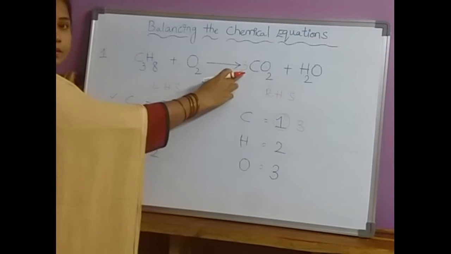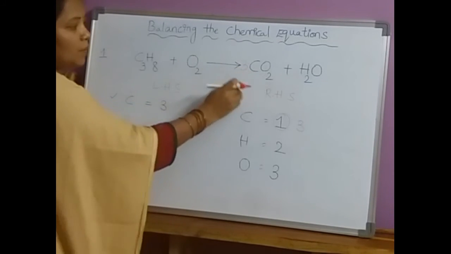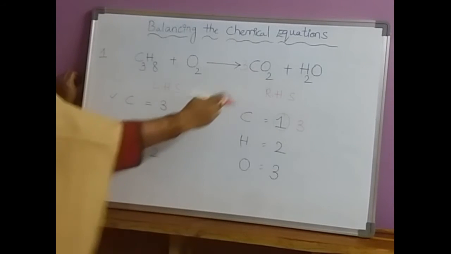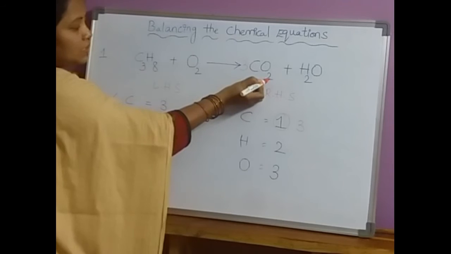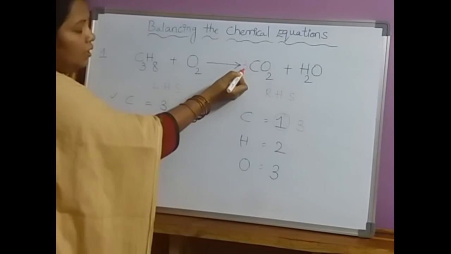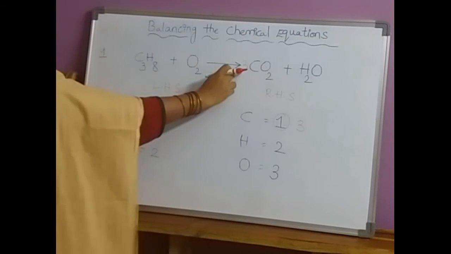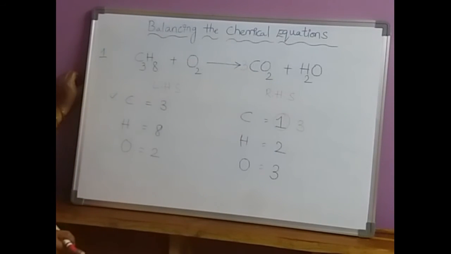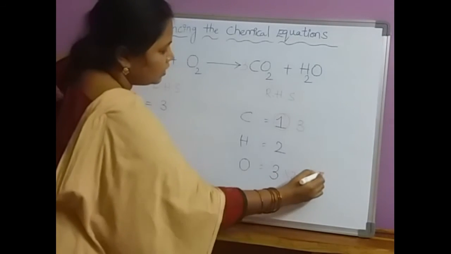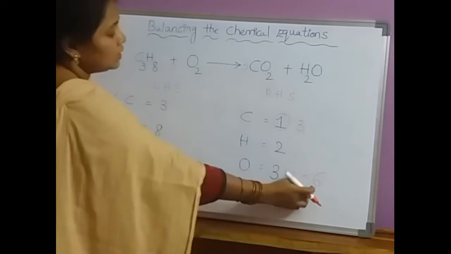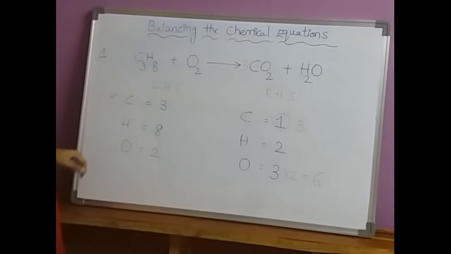Now whenever you write the 3 in front of this molecular formula, this 3 is not only applicable for carbon but it is also applicable for oxygen. Now the number of oxygen atoms is also increased. Already here 2 is there, the subscript 2 is there, and the coefficient we have newly written is 3. Therefore 3 into 2, 6. Always remember, the coefficient number and subscript number should be multiplied by each other. So 3 into 2, 6. The new number of oxygen atoms increased to 6 here, because we have written 3 here.